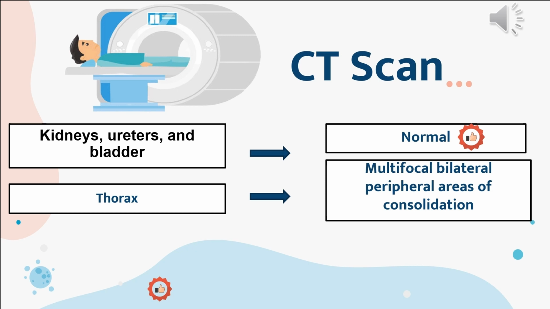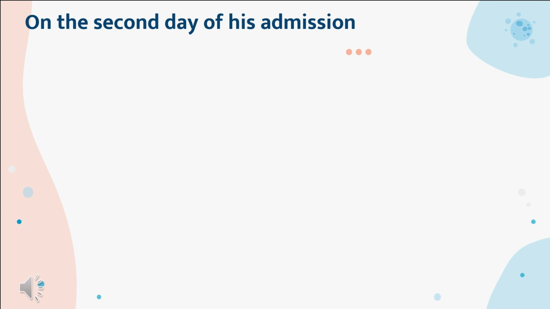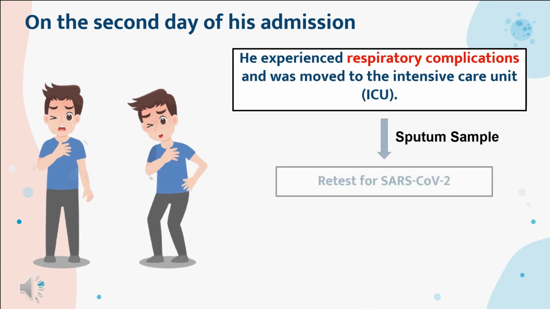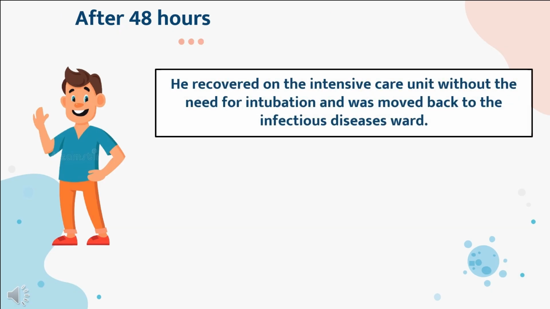As a result, a nasopharyngeal swab for severe acute respiratory syndrome coronavirus 2 was submitted to the laboratory and the swab returned negative by PCR. On the second day of his admission, he experienced respiratory complication and was moved to the intensive care unit. Sputum samples were submitted as the next step in the SARS coronavirus 2 investigation and it was detected positive. He recovered in the intensive care unit without the need of intubation and was moved back to the infectious disease